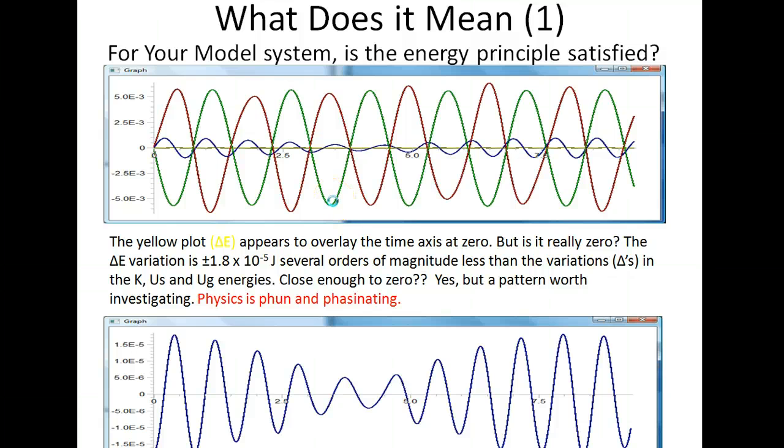What does it mean? For your model system, is the energy principle satisfied? The yellow plot, delta E, appears to overlay the time axis at 0, but is it really 0? A modification in the code to plot the delta E variation shows that it varies to a maximum of plus or minus 1.8 times 10 to the minus 5 joules, but this is several orders of magnitude less than the